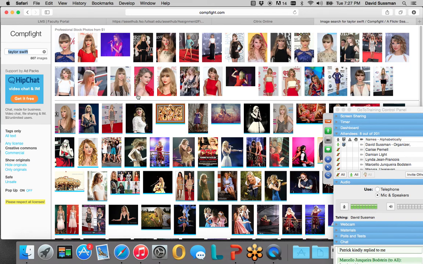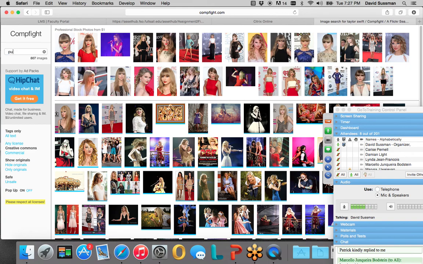By the way, anything above the dotted line here, don't click on, because it's just going to take you to another website that wants you to pay for these images. I think I might have mentioned this last time. Comfight is great when you're looking for more global pictures. So let's say you need pictures of a classroom or a computer or students or books.